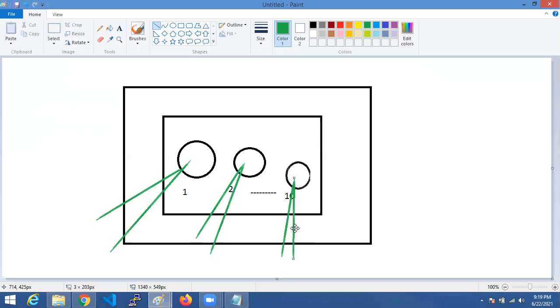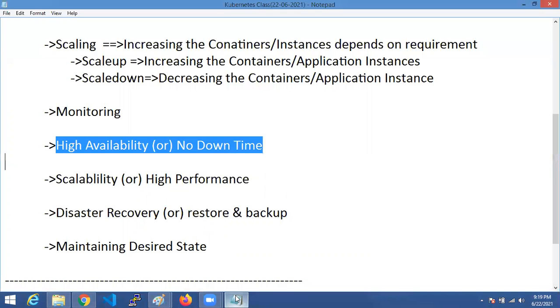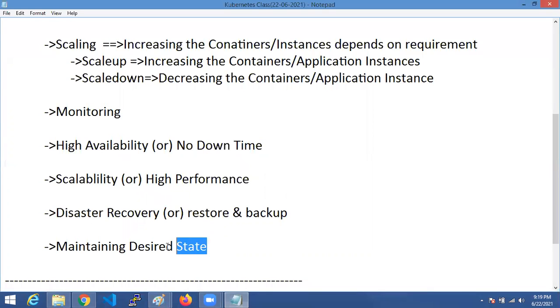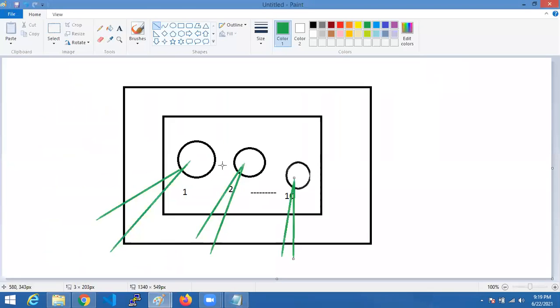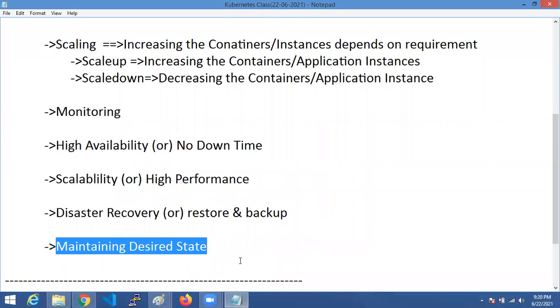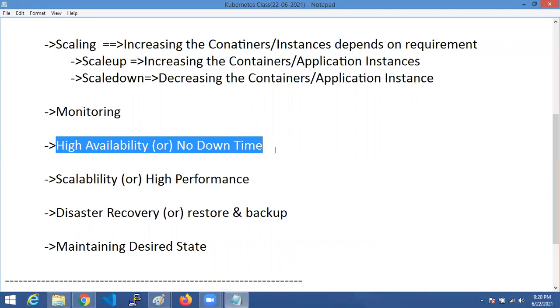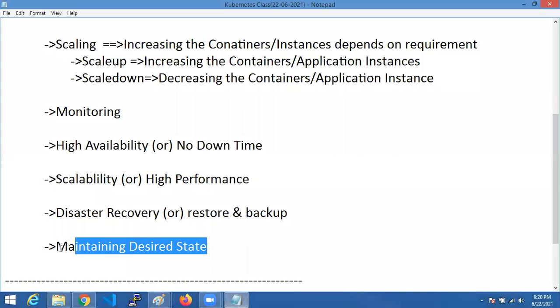That's why, if the desired state is not equal to the running state, what happens? There will be downtime for some users of your application. That's how to achieve higher availability. To achieve this higher availability without downtime, Kubernetes will achieve the desired state. If the desired state is 10 containers and 10 are not running, immediately it will start and achieve the 10 containers. Then there is no downtime and no stopping of instances for the end user, which provides higher availability. Higher availability is provided by achieving the desired state.